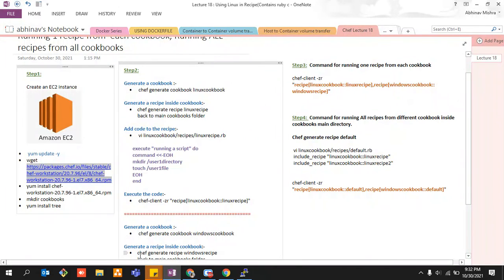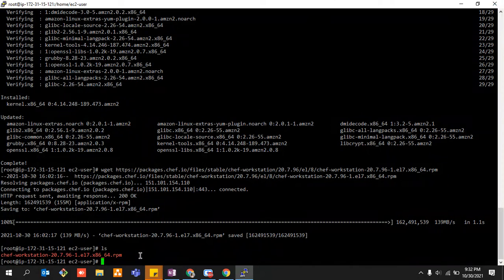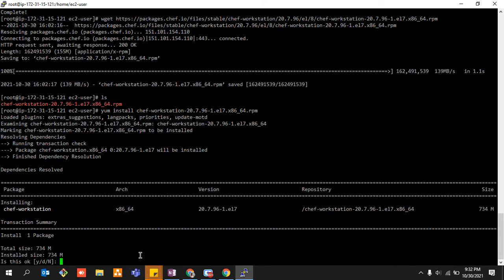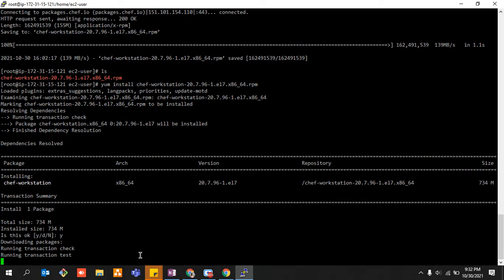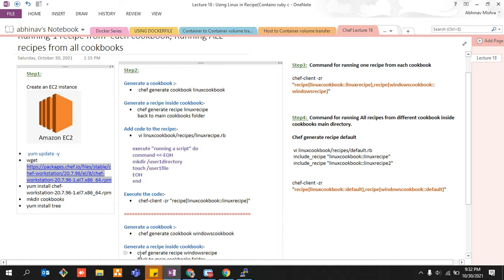And after that, what you need to do, you need to install it, because we are simply doing chef lecture, so we need to install that, right? This is the basic thing everybody knows. chef hyphen, enter tab, it gets auto completed, and then put y, yes, and good to go. So your chef is also getting installed.